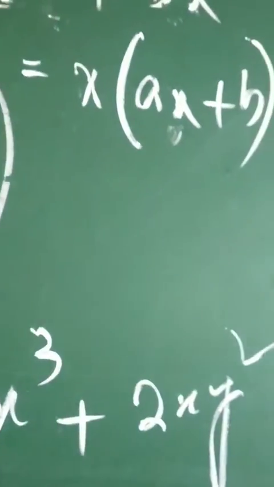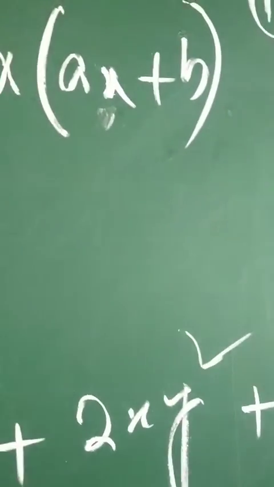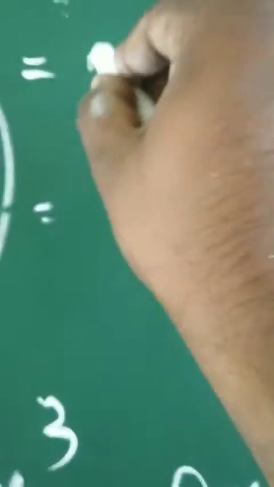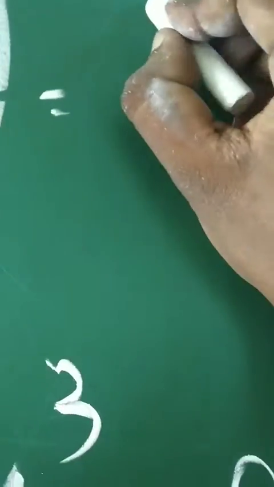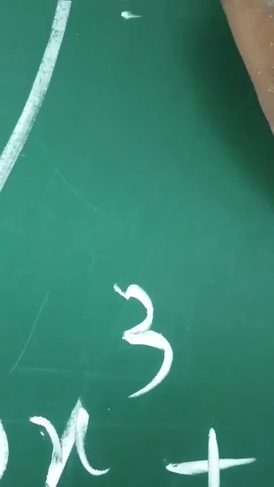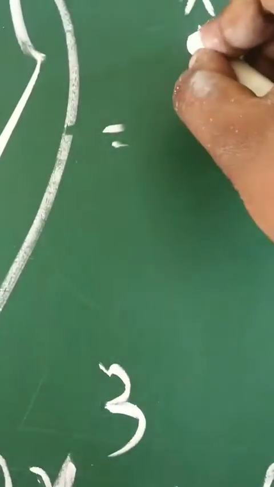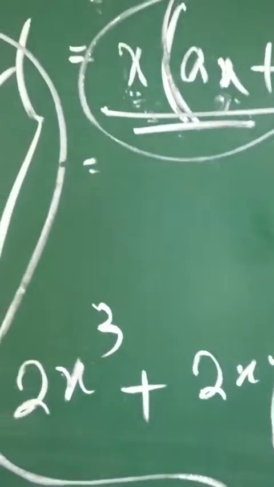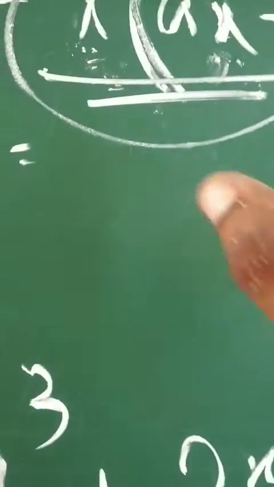So children, I always suggest to check whether your solutions are right or wrong. Just go for a multiplication. So x, the number which you are taking common, go for a product with the values within the bracket. X into ax is ax square plus b into x results bx. So I cannot factorize it further. If I factorize it, I'll get my question in return. So just leave your answer up to this much.